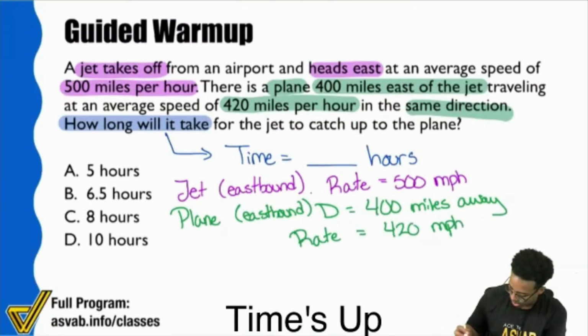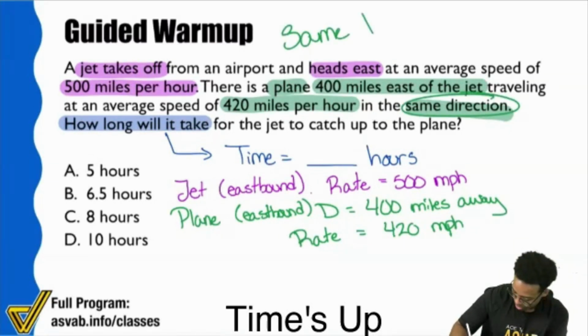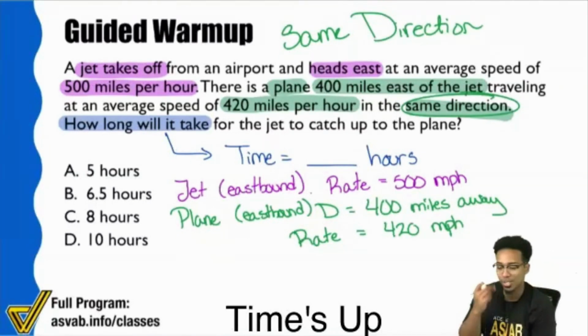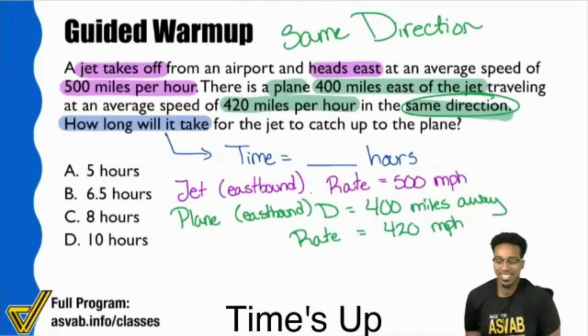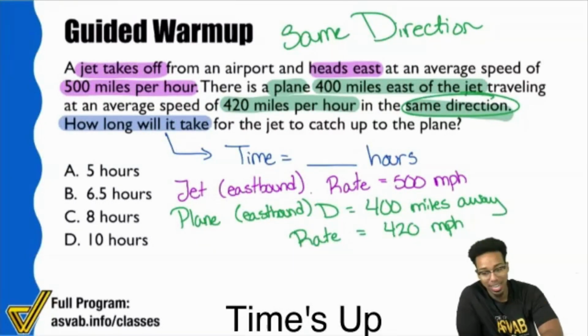And then we see again the big phrase right there. Same direction. Everybody, if you look at your notes, what does it tell you to do if we have the same direction? What do we end up doing? Correct. We end up subtracting the rates or subtracting the distance. Either way, but that's what's happening. Because again, you're covering the same ground. You're covering the same. And so when that happens, you have to subtract what is covered by both.